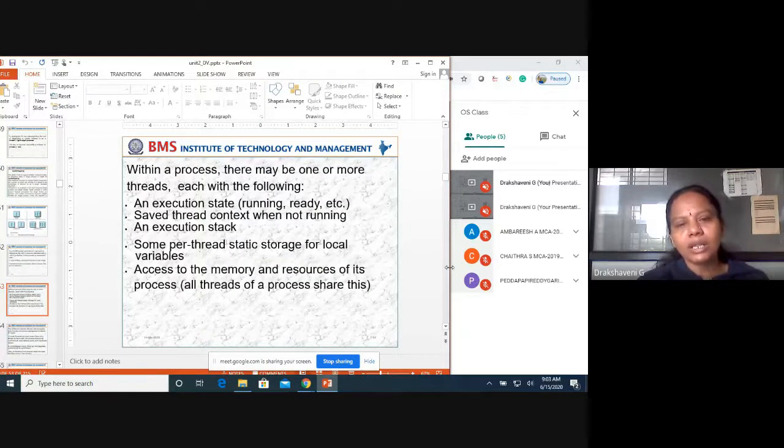Within a process, there may be one or more threads, each with an execution state (running, ready, etc.), saved thread context when not running, an execution stack, some per-thread static storage for local variables, and access to the memory and resources of its process. All threads of a process share this.